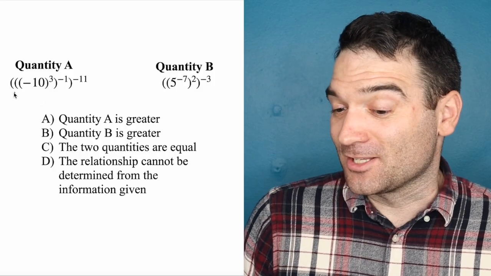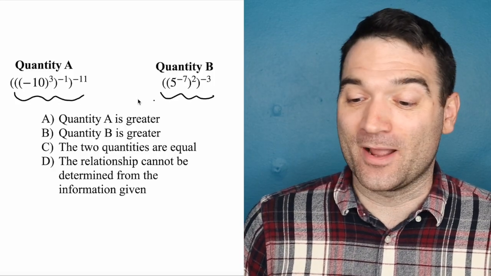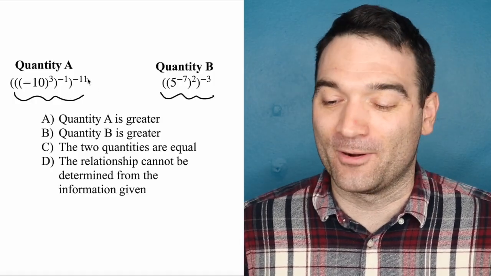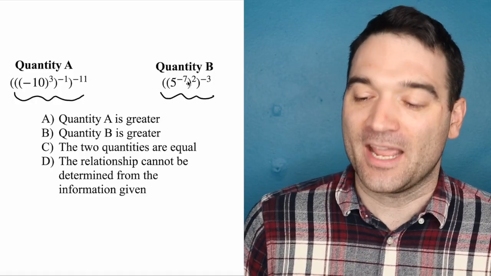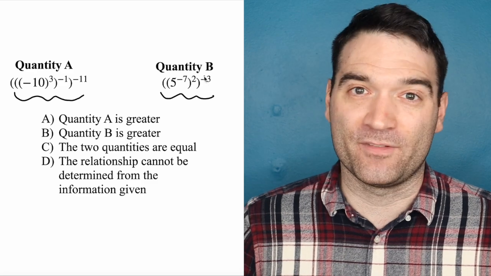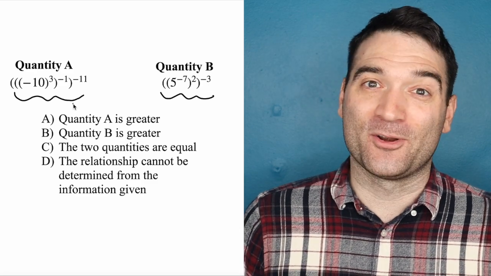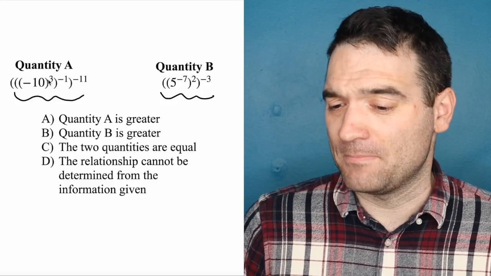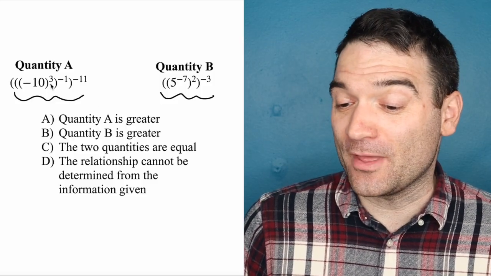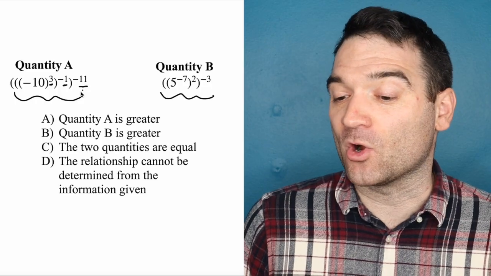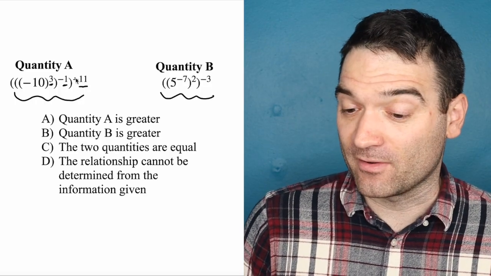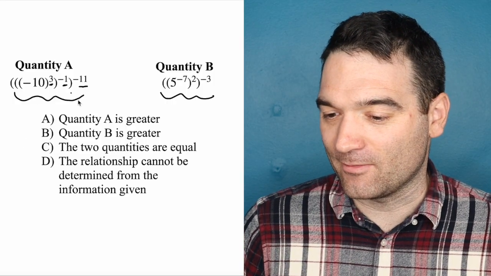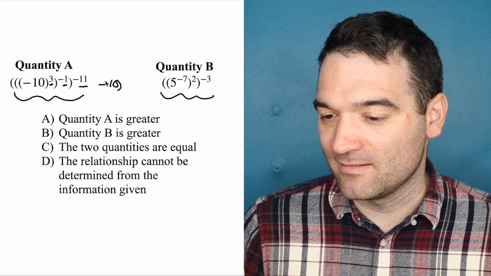So at first blush, this looks like a pretty nasty question. We have negative 10 to the power of 3 to the power of negative 1 to the power of negative 11, and 5 to the power of negative 7 to the power of 2 to the power of negative 3. Well, knowing your exponent rules on the GRE is very, very important, and it helps here. Because if you know your exponent rules, you know that when you raise a power to a power, you can just multiply those together. So what this turns into is negative 10